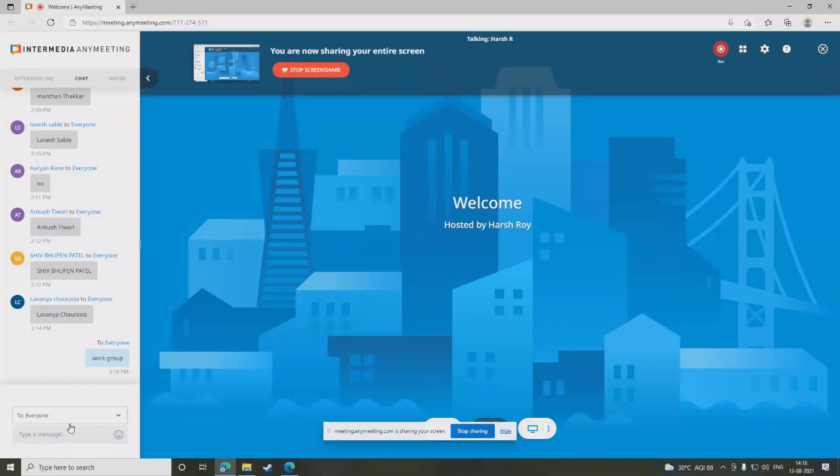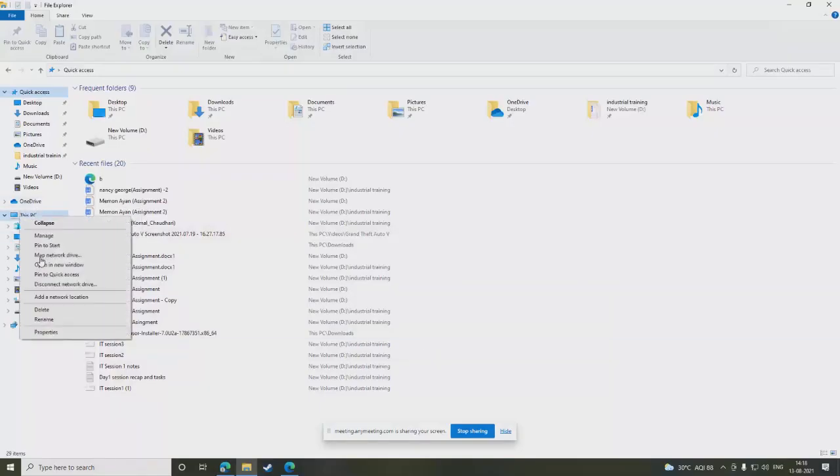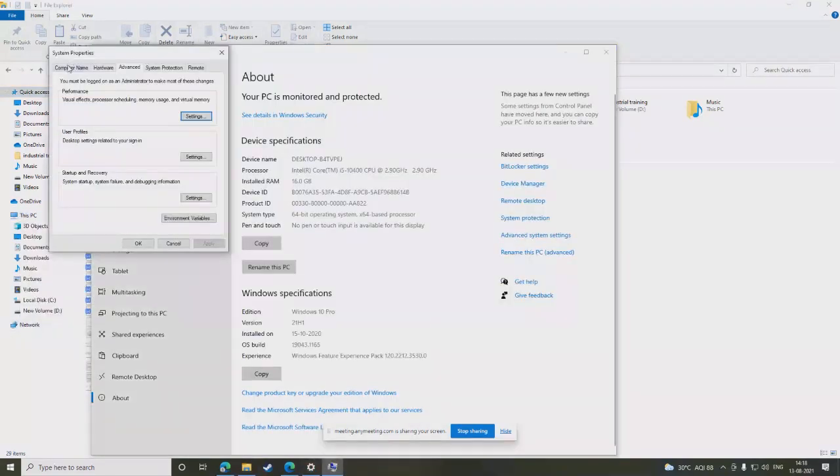You also confirm, right? It is workgroup. Yeah, Maurya, Swati, Rakesh, are you there? Yes, sir.